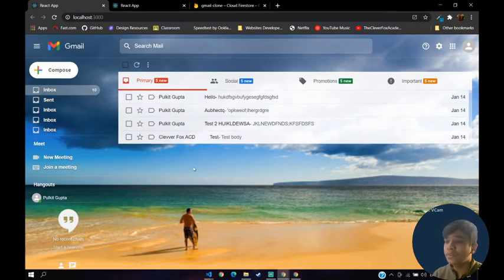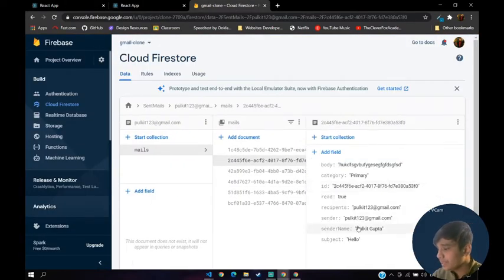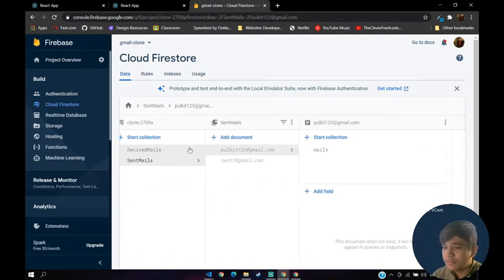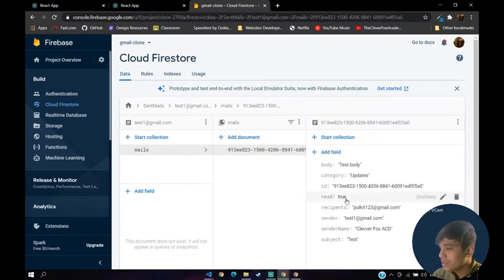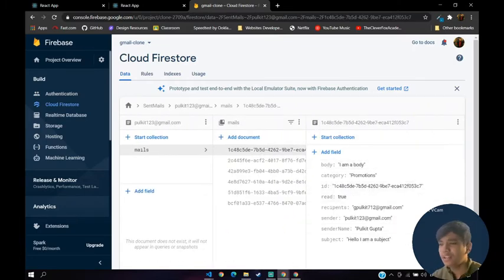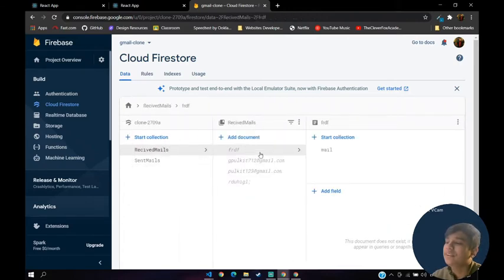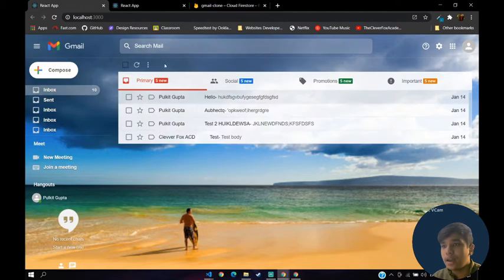The next thing we want to do is, whenever the user clicks on this mail, this should update the state. The read false is for received mails, they are always true. So if you go back to sent mails, now this should update. Wait, am I in received mail or sent mails? Sorry, it should be received mails. So if we check this one, we want to update this to true. If I update this to true, just notice that it won't get a dark color. As you can see, now this color changed.